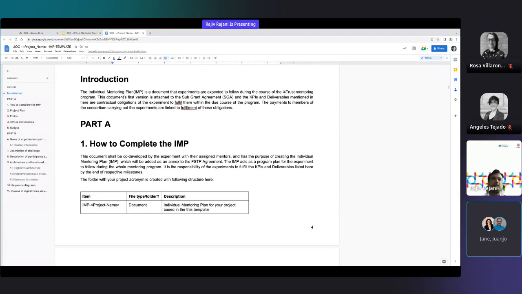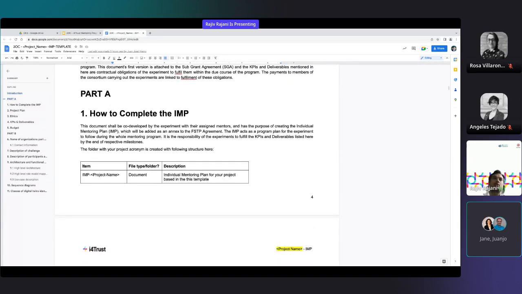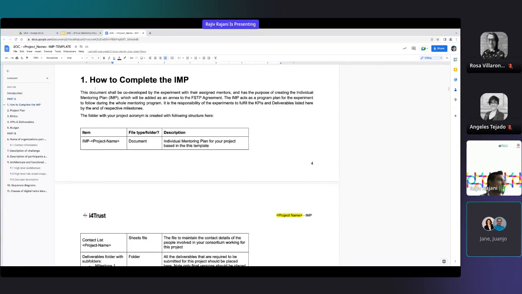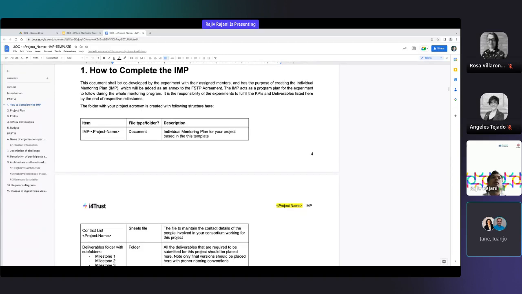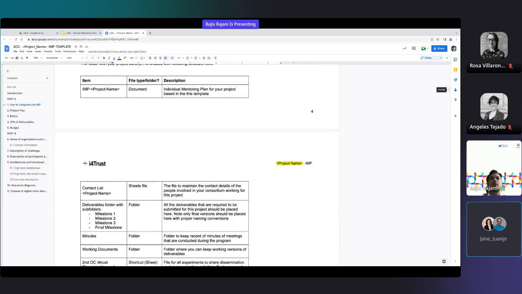We will see more details in terms of what other activities there are in terms of milestones. But let's look at part A. There is basic information in terms of how you work on your individual mentoring plan document, and where we introduce you to the project folder structure. As I said, your experiment already has a folder created on our Google Drive, and the access rights will be shared by the mentor to your team.